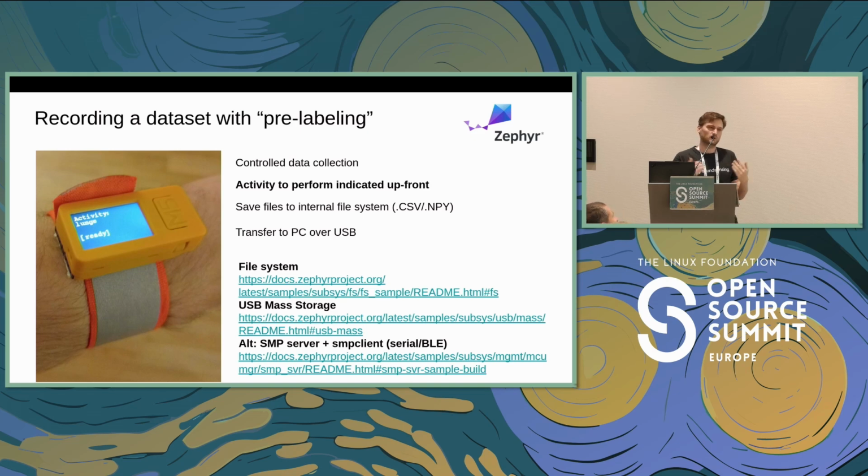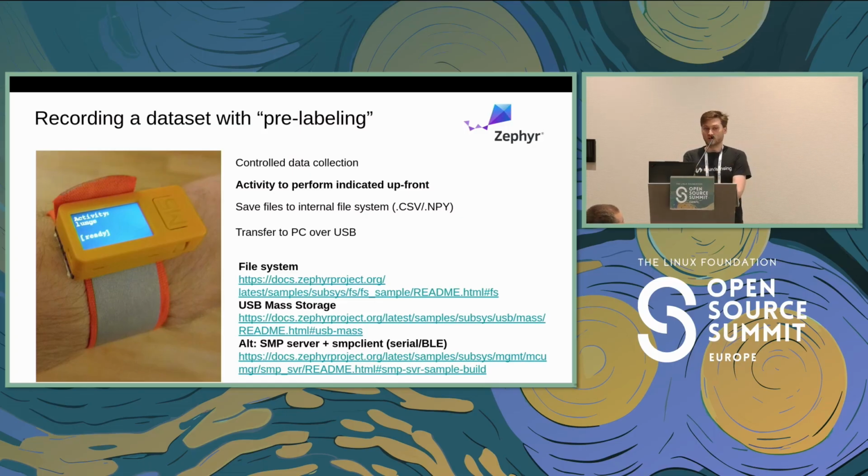And one simple way of creating a data set for this type of application would be to do a controlled data collection. We basically say, okay, I'm going to do exercises. Okay, now I'm going to do lunges. You indicate that before you start the activity, and then you start the recording, you do that activity continuously, and it just continues to save data